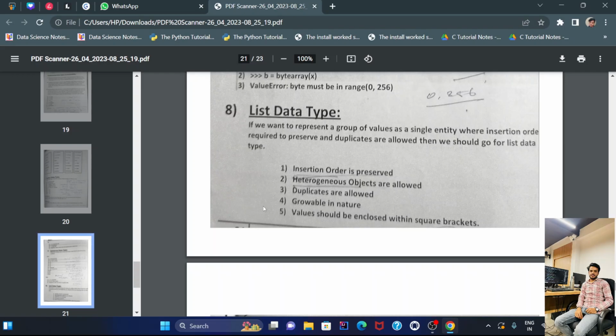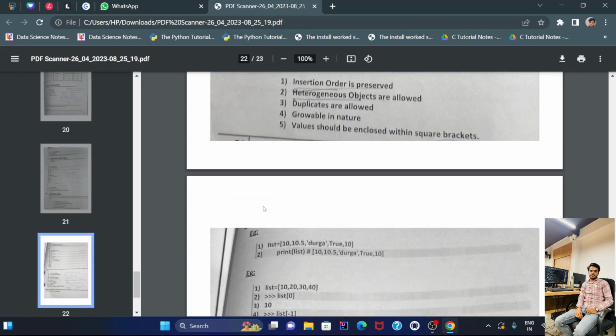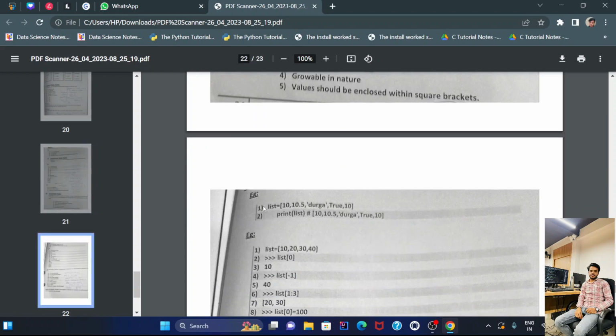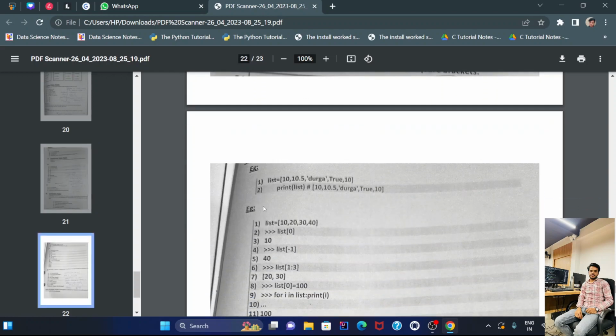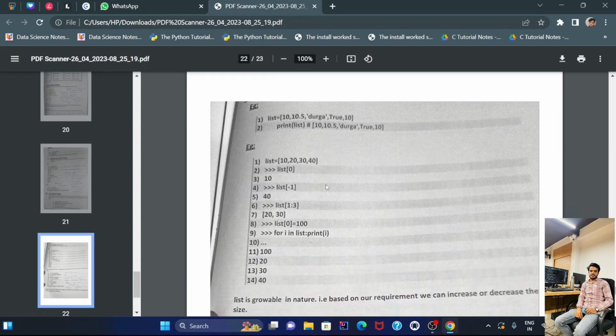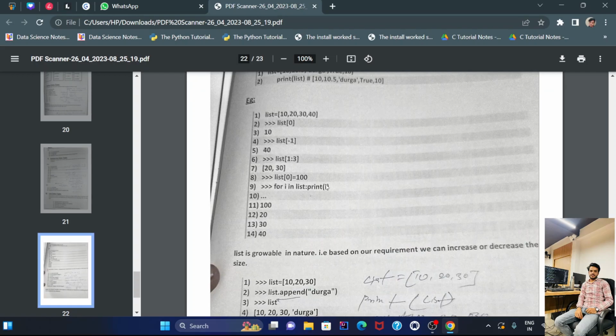Heterogeneous objects are allowed, meaning you can store data of any types, all data types can be used in a list, and duplicate values are allowed. The values should be enclosed within square brackets. This is an example of a list. It can store integer, floating, string, and boolean values.